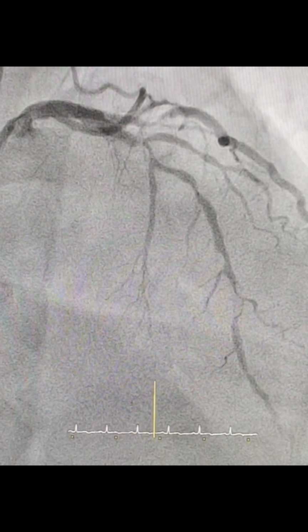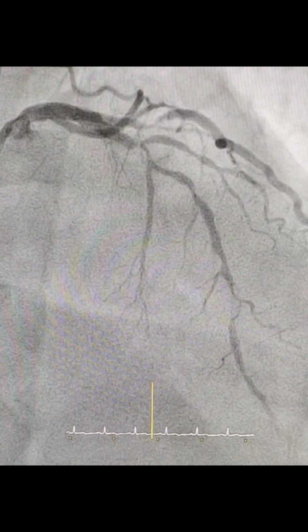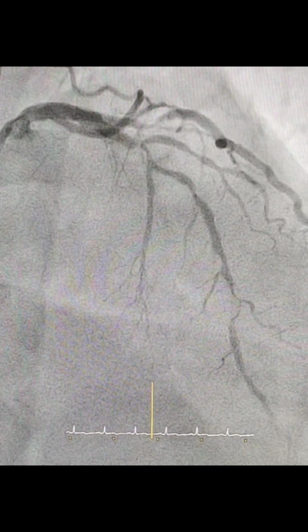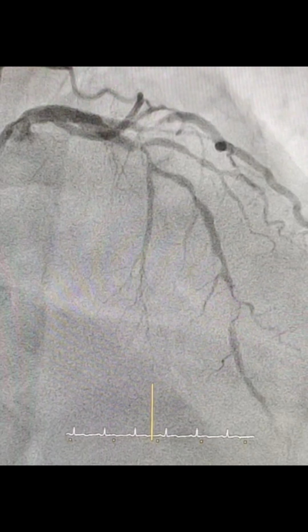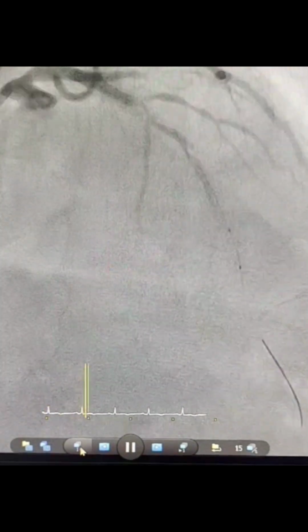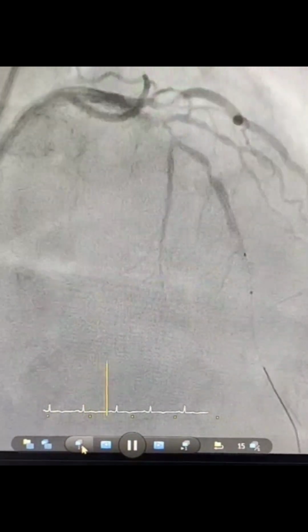and then we decided to do the cutting balloon calcium modification, and after that we put the stent in this patient. So this was the wire. We put a BMW PTCA wire, and we tried to put the balloon to pre-dilate it, but then it was not possible. So we took a Wolverine cutting balloon 2.5 into 10, and we did the calcium modification